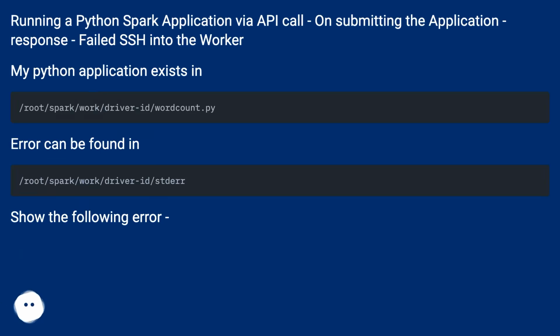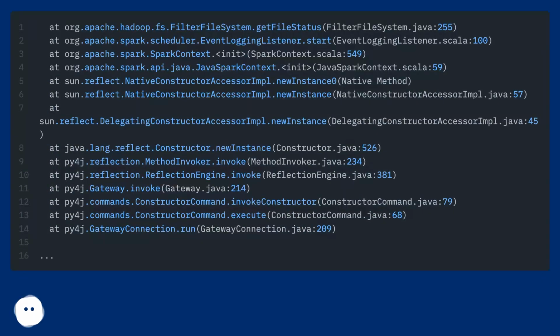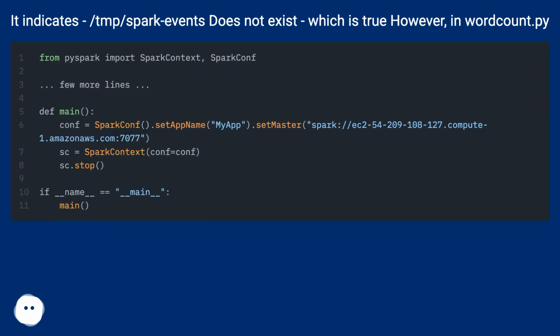The error can be found in the logs, which show the following error. It indicates /tmp/spark-events does not exist, which is true. However, in wordcount.py,